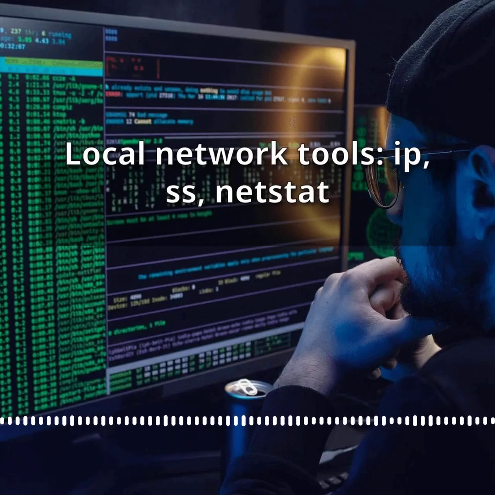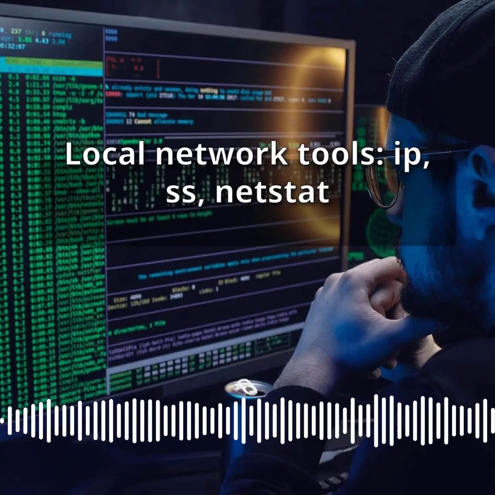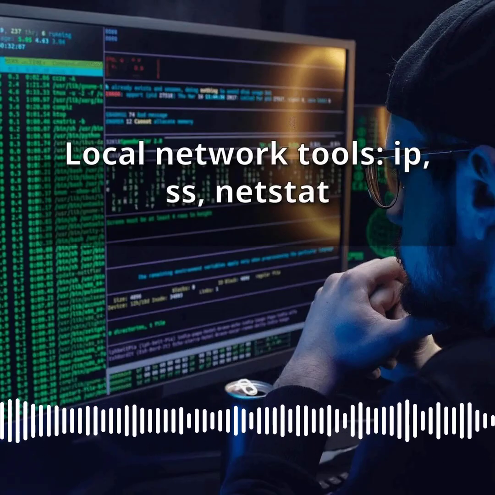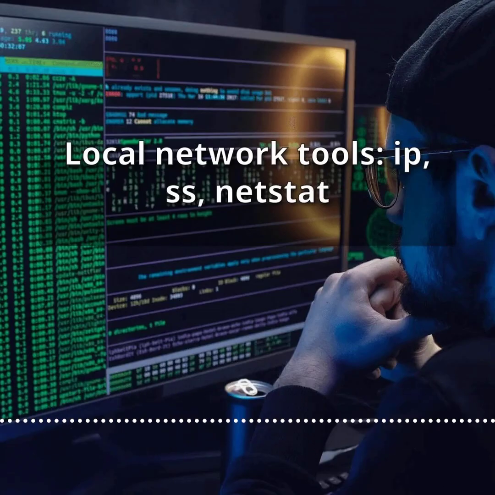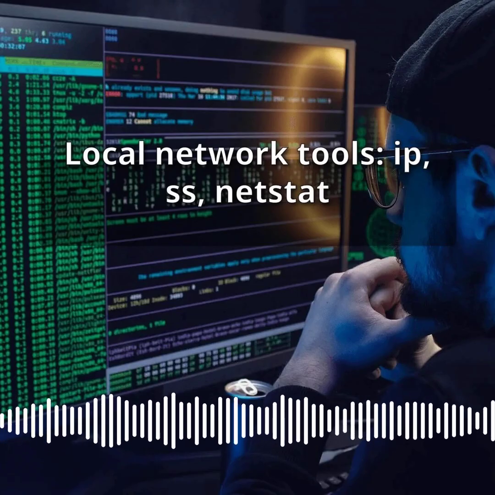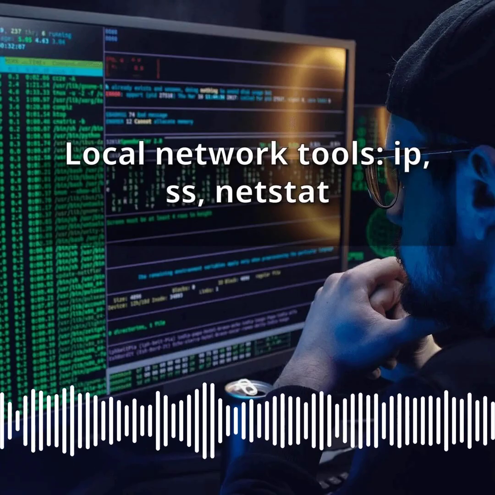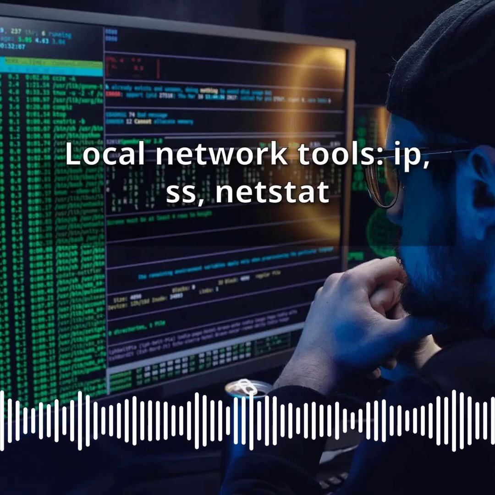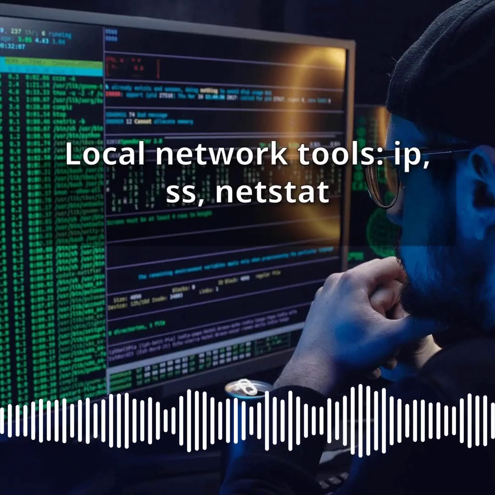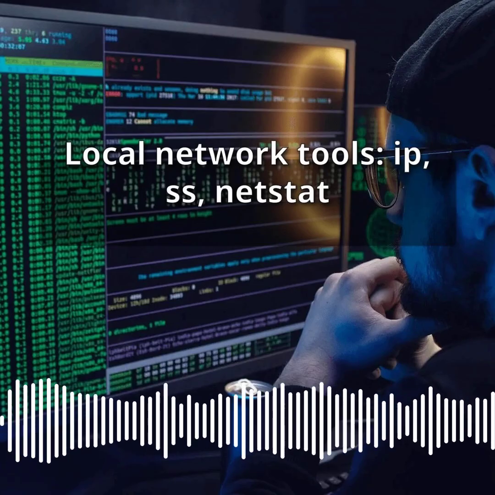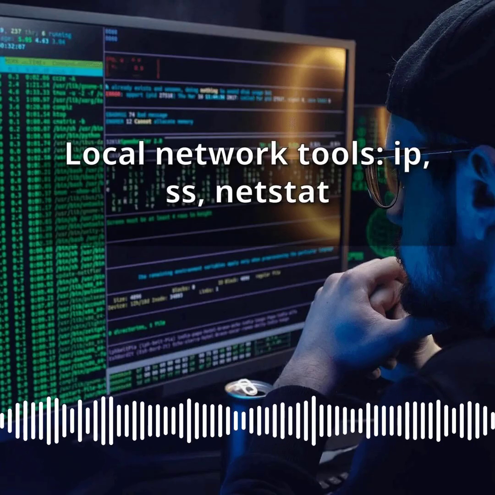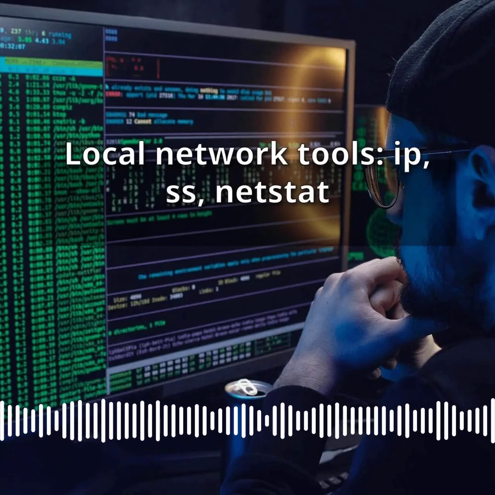Understanding the vocabulary first. A network interface is a connection point of the machine to a network. Common names are lo, the loopback interface, always the address 127.0.0.1, used for local communication inside the machine, eth0 or ens33, a wired Ethernet interface, and wlan0, a wireless interface. An Internet Protocol address, IP address, identifies the machine on the network, for example